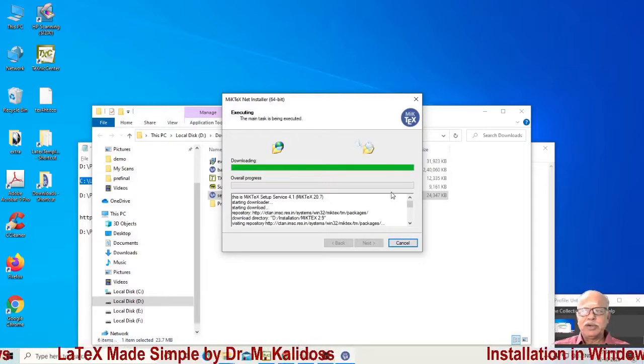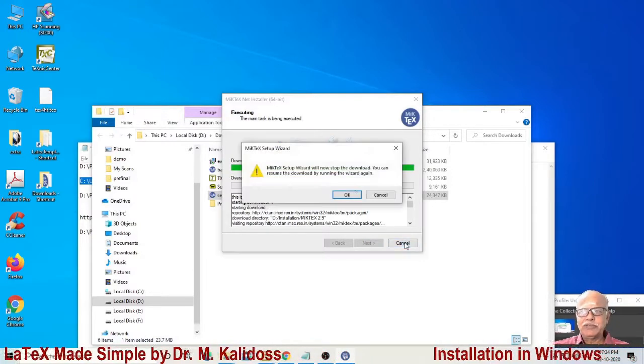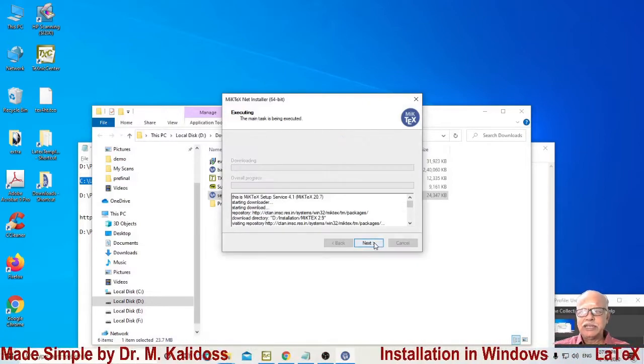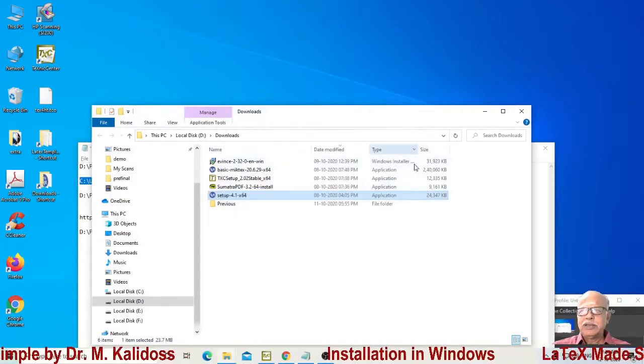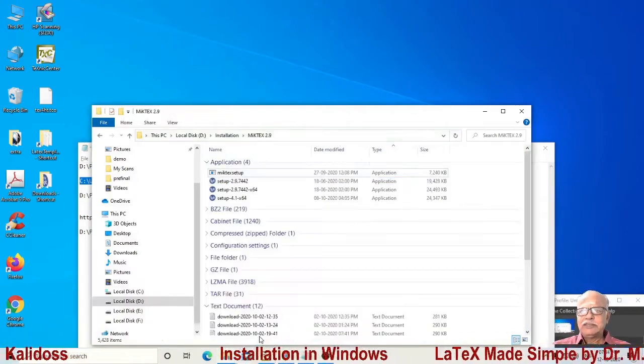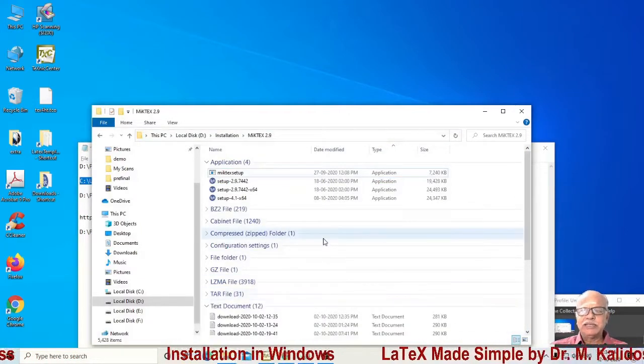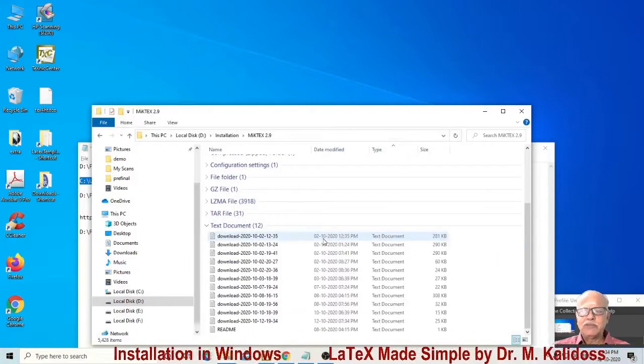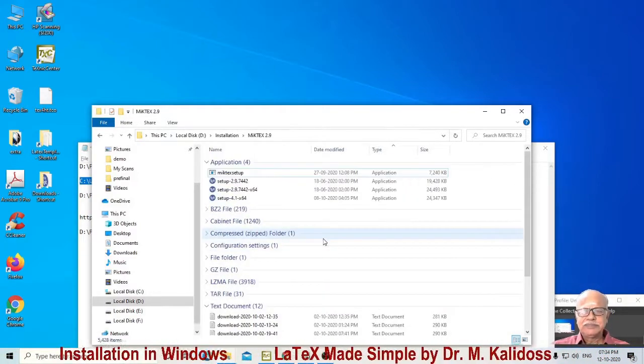Now, I have already downloaded, therefore I am not going ahead with this. I cancel it. Now, if you take the case of MikTeX, there are around 5,000 files.